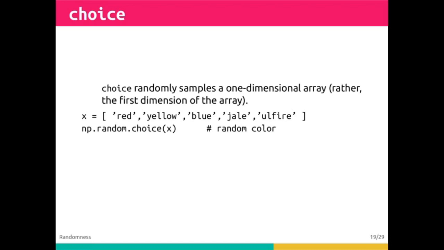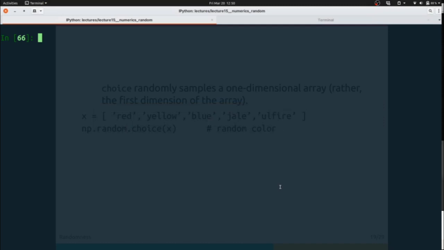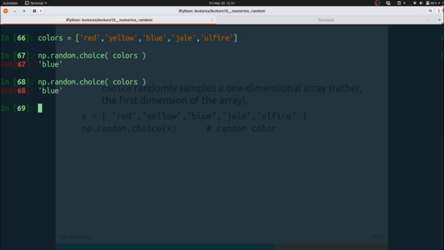For instance, here, if we have a list of colors named colors, which contains strings red, yellow, blue, jade, and orange, if we run np.random.choice, it will randomly pull out one of these. Here I'll call it colors: red, yellow, blue, jade, orange. np.random.choice, colors, and it will return to us